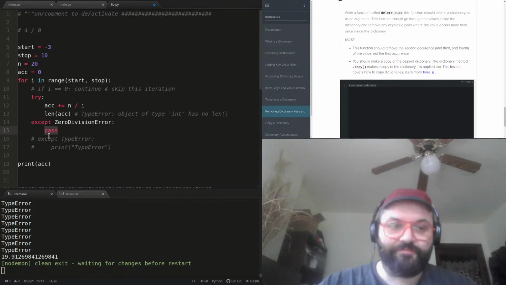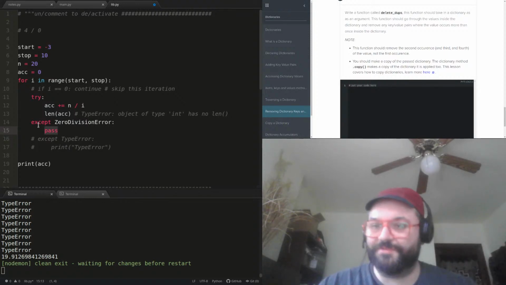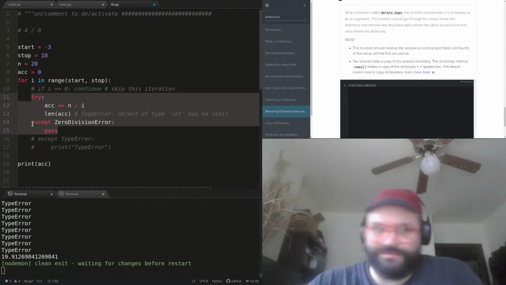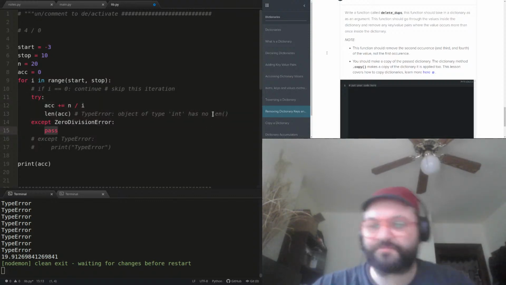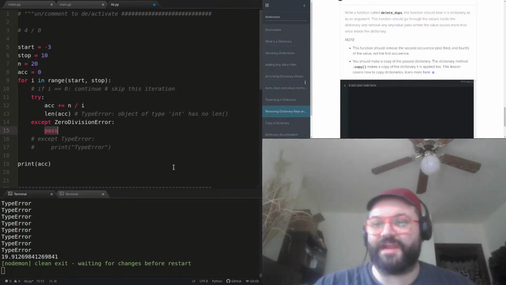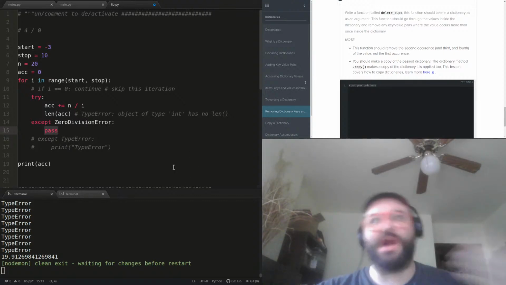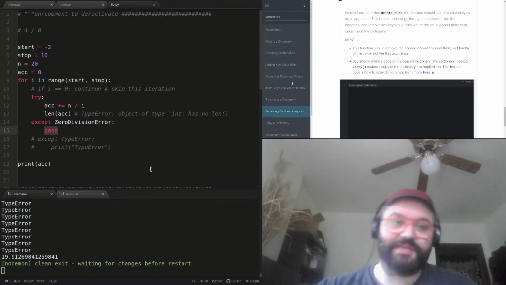By the way, this is the only sort of permanent use that I know for pass, where pass isn't just strictly a placeholder. It's actually kind of useful in this case to just say, don't do anything. It's the only place that I know where pass is actually useful, not just as a placeholder, right?